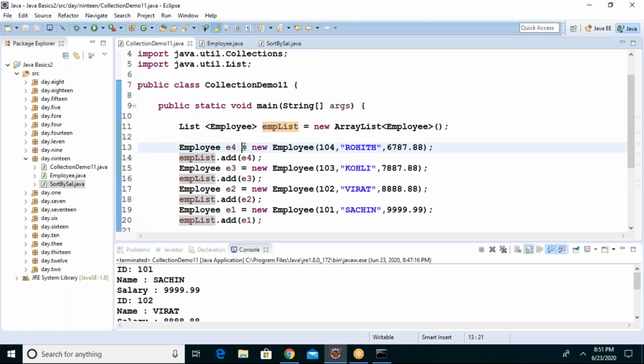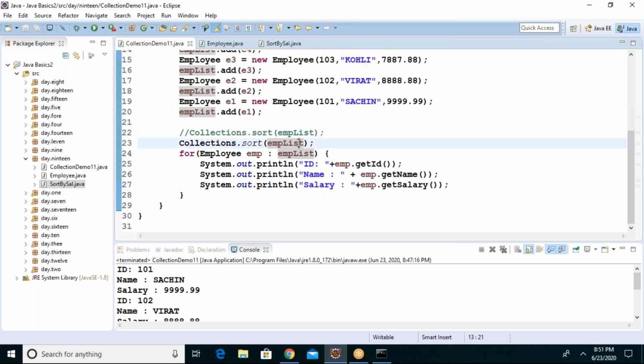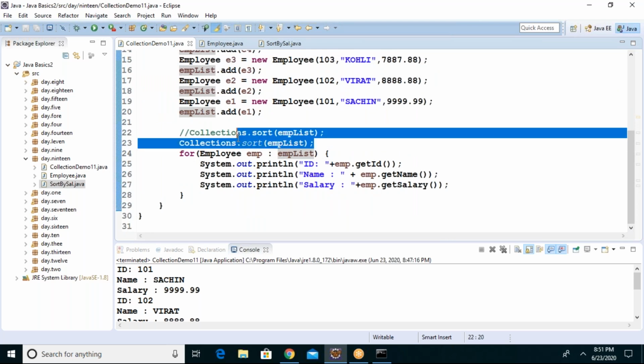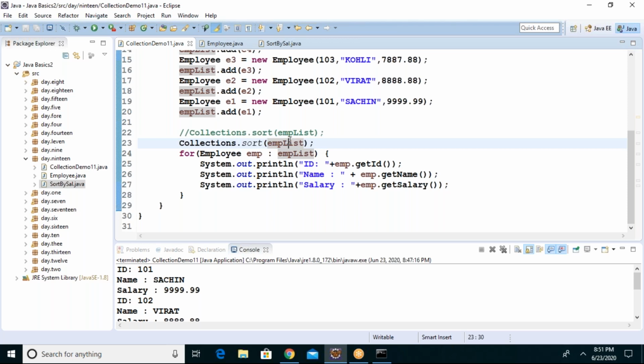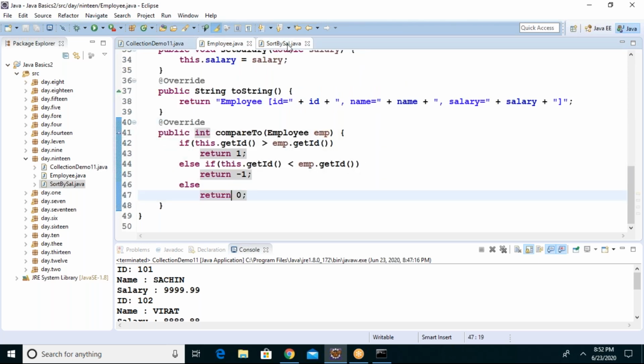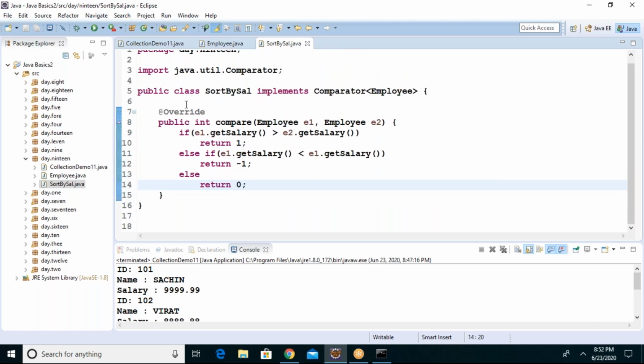Now you enable the second option, but it will use the default sorting because you have provided it without any parameter, guys. Now you don't want to do that. You use the object of the new class called sort by sal. So indirectly what you are saying to the sort method is, boss, use this object for sorting this list. Then rather than using the default sorting method, it will go and sort through sort by salary compare method. Am I clear?